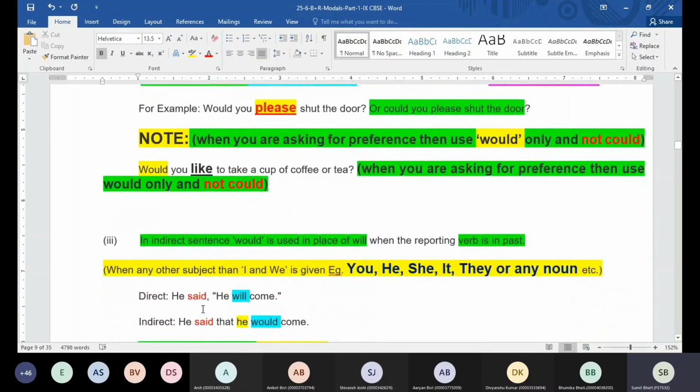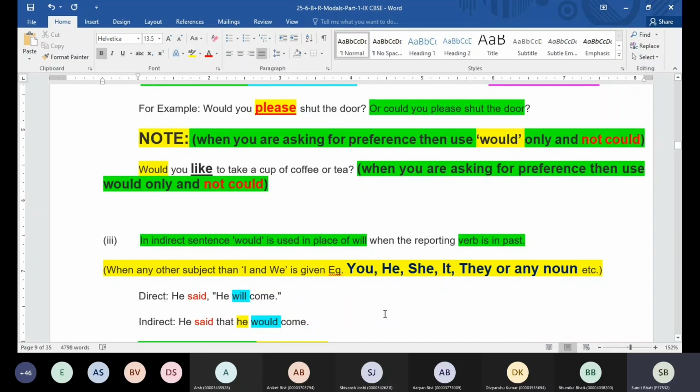Apart from that, guys, if you're doing direct indirect reported speech in class 8th or class 7th, you must have gone through reported speech. Am I right? Yes, sir. So when you talk about reported speech, guys, when we are doing the transformation of the sentence,